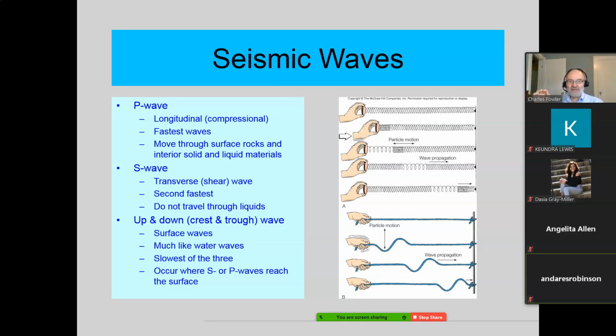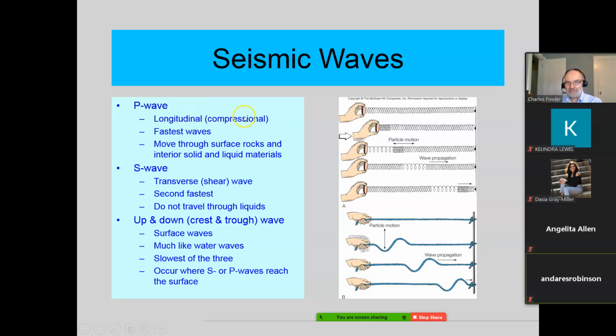And I think we started this slide. We got most of it done, but let's just catch up and review. Three types of waves. The first of these is the P wave. And that P probably stands for primary wave, but you can also think of it as a pressure wave, compressional wave. Another name for it is a longitudinal wave. All three of those will work. Primary wave, compressional wave, longitudinal wave. These are the fastest waves. Okay, let's stop and talk about what we mean by longitudinal.